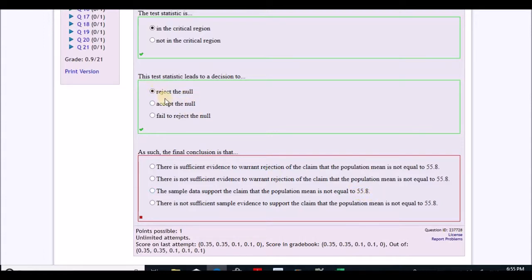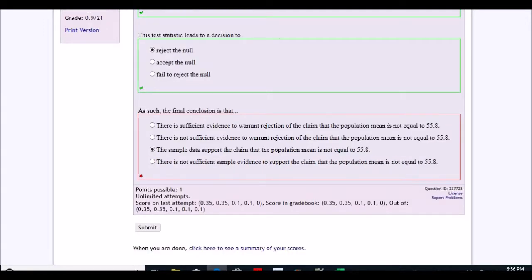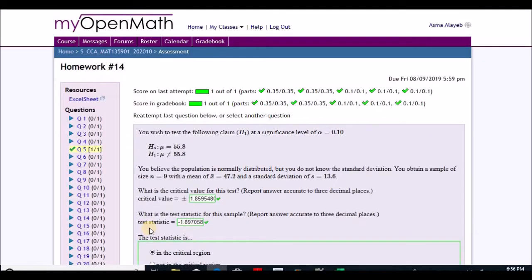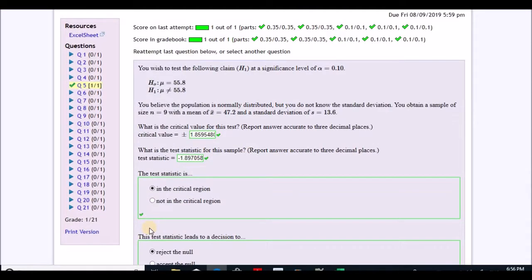So that is equivalent to saying reject the null hypothesis. Let's read the last option. There is not sufficient sample evidence to support the claim that the population mean is not equal to 55.8. That is not the case. We rejected the null hypothesis. That means we have enough evidence to support the claim that the mean is not equal to 55.8, which is our alternative hypothesis. So I hope this video helped you understand how to use the Excel sheet provided for you,